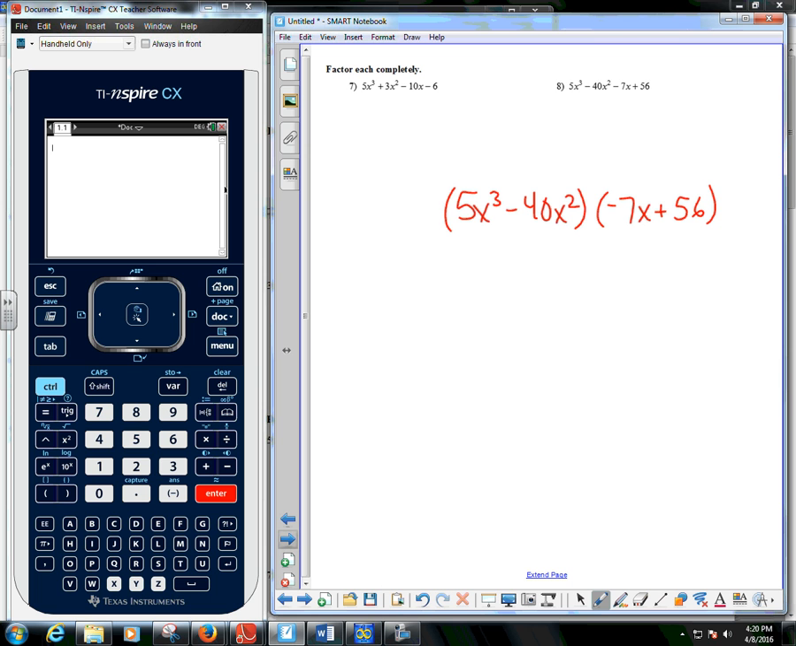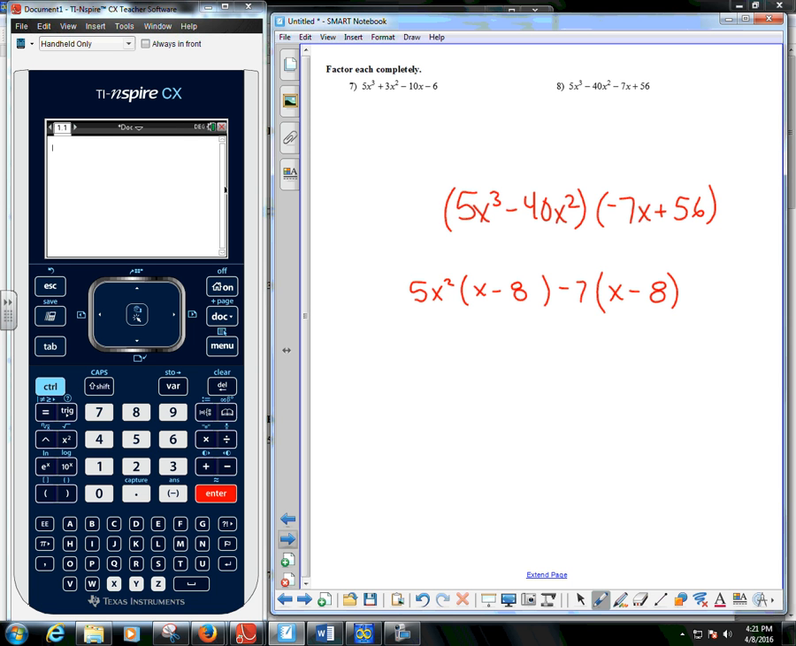So I know that 5 is the biggest number that goes into both 5 and 40, and my rule said when I'm factoring out variables, I take the one with the smallest exponent. So I have 5x squared. 5x squared times x will give me 5x cubed. 5x squared times negative 8 will give me negative 40x squared. Moving on to the second set of parentheses, I think about the GCF for negative 7x plus 56, and I know that negative 7 is the biggest number that goes into both of those things. So now I say negative 7 times x will give me negative 7x, and negative 7 times negative 8 will